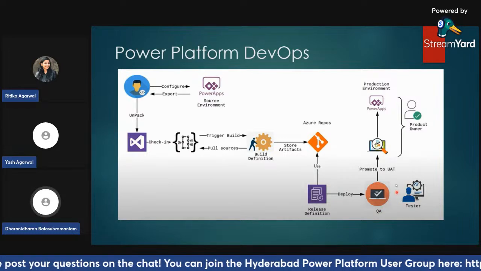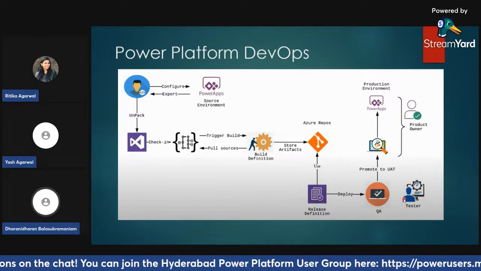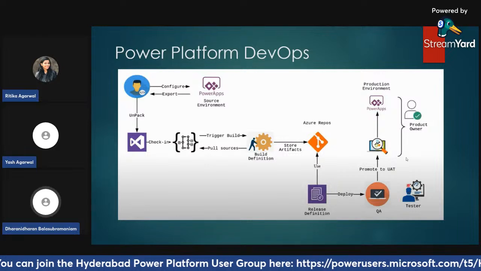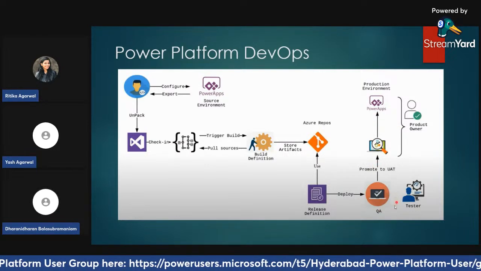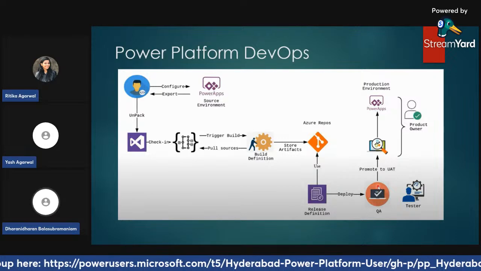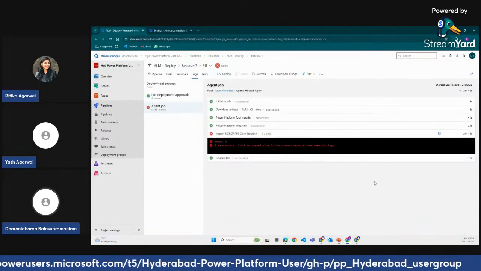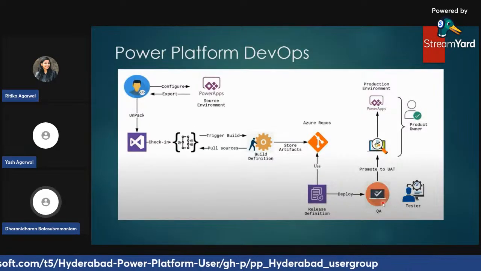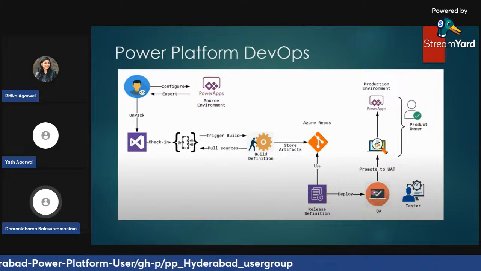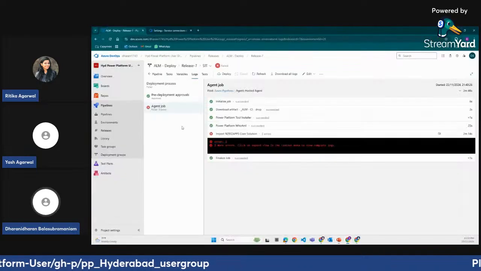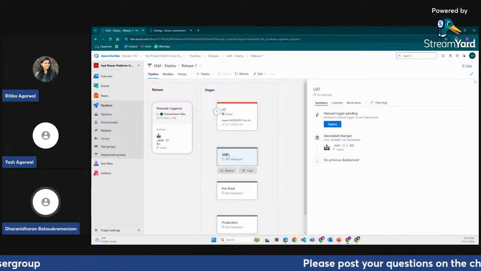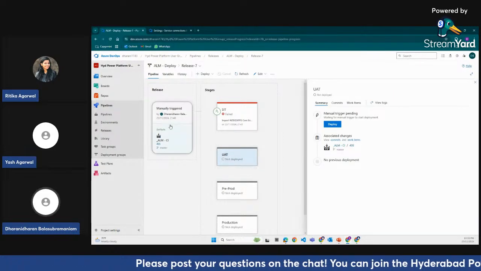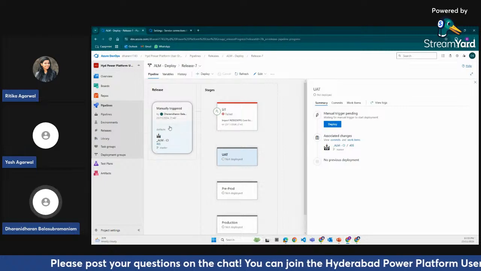And if you want to keep the tester as automated, the checker, the approver, that is also possible. Similarly, first we are deploying to the QA environment. Consider the QA succeeds. Once QA succeeds, you can come back to the pipeline, go to the same UAT, and if you click on deploy, then it will pick